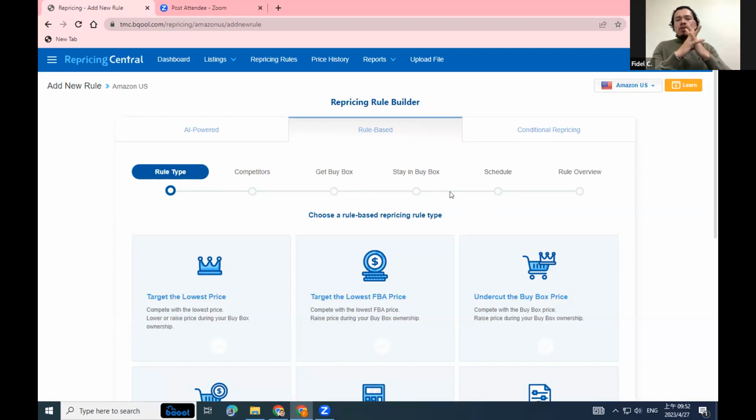Gotcha. Now, once you are very familiar with AI and you apply the AI and you like the results, but then you come to the situation where you say, wait, but I am the only seller, and I want my price to be more dynamic, or I want to get rid of my inventory by a certain time. And then how do I do that? Or I want to see if I can use some of the settings from rule-based in AI, or I want to use rule-based and